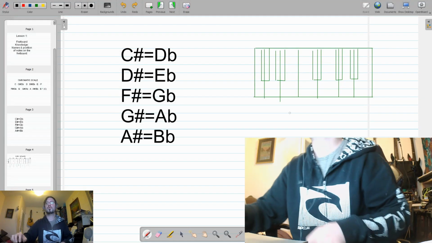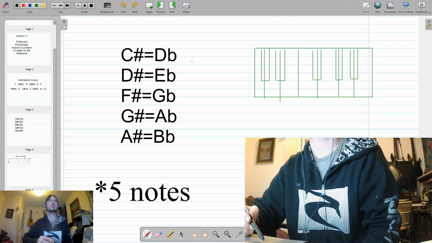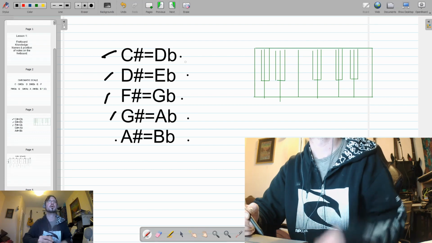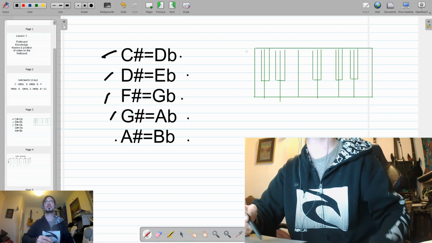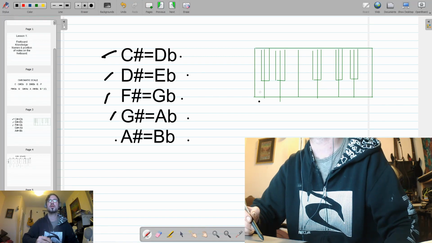Just to clarify, I'm waffling a little bit, so how this works: you have 5 notes that are either sharp or flat, so you've got C, D, F, G and A sharp that are the equivalent of D flat, E flat, G flat, A flat and B flat. Now there's quite a few reasons for this, but I think it's to do with written theory and the piano in general, but the rough gist is that white notes